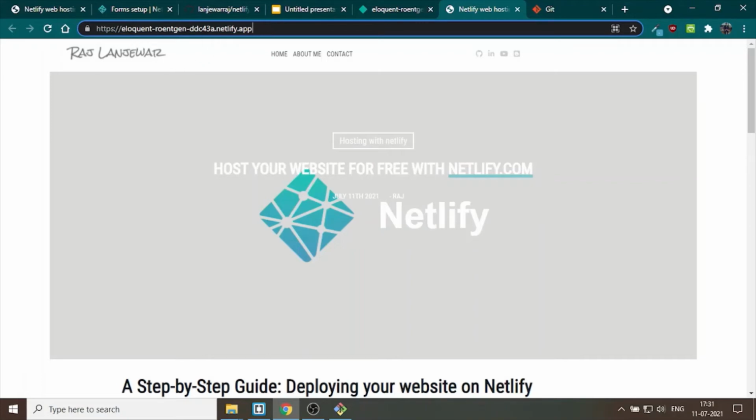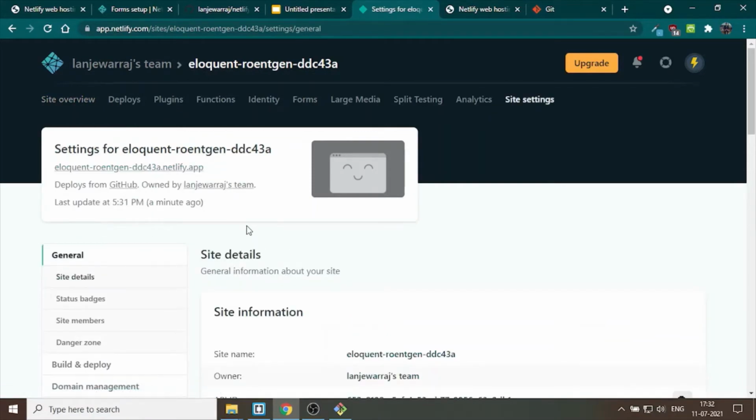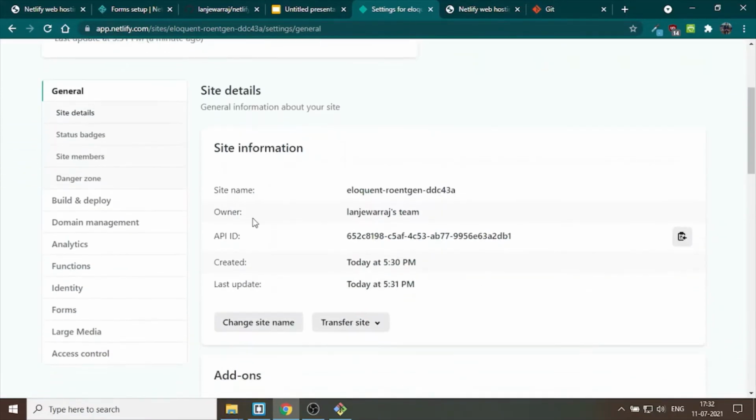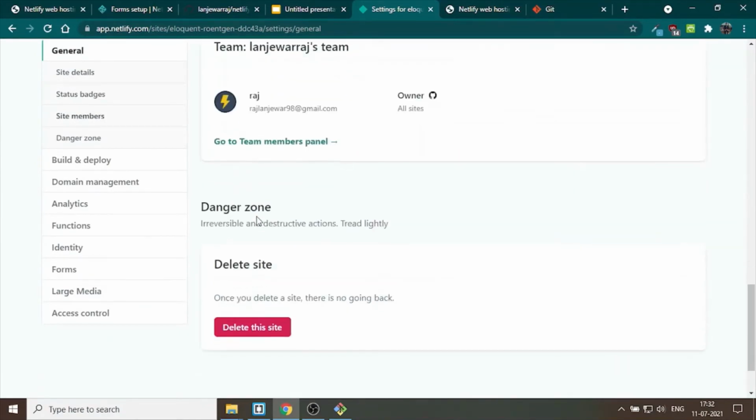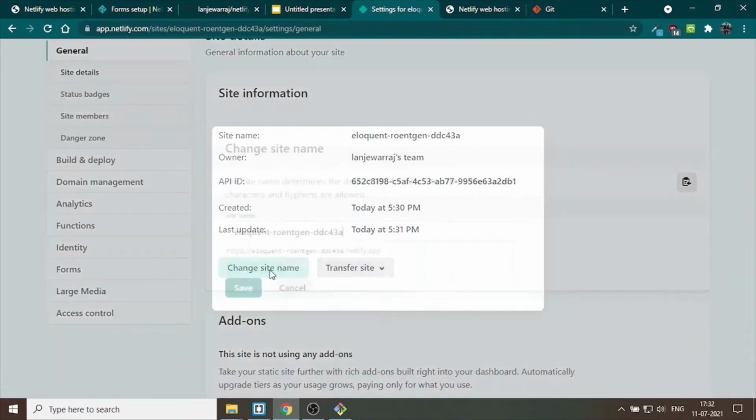It's not looking fine. The website domain, the website name, is not looking fine, so we need to fix that. To change your website name, visit your Netlify dashboard again, click on your site, click on site settings, scroll down and you will see Change site name.